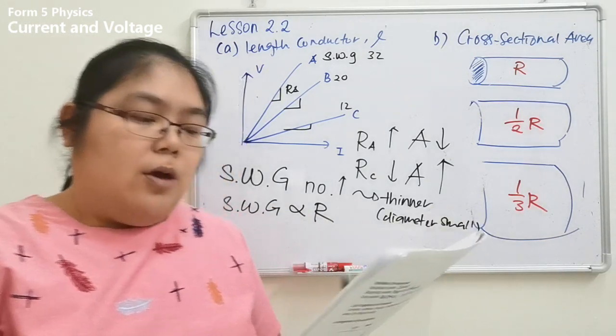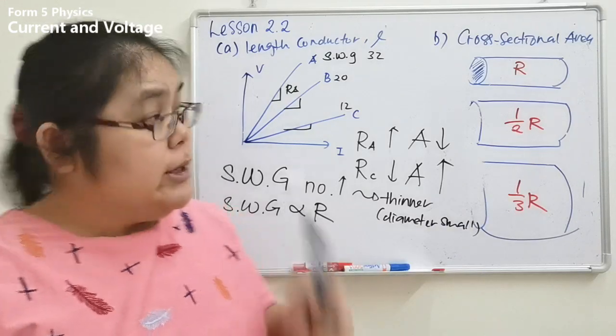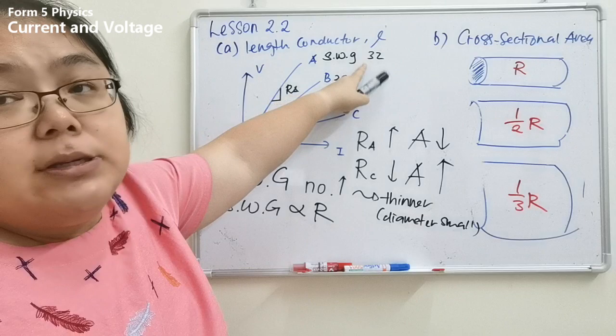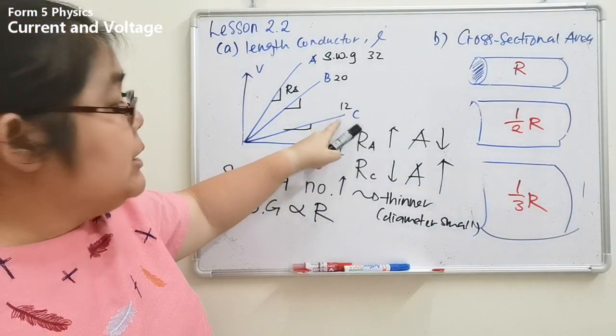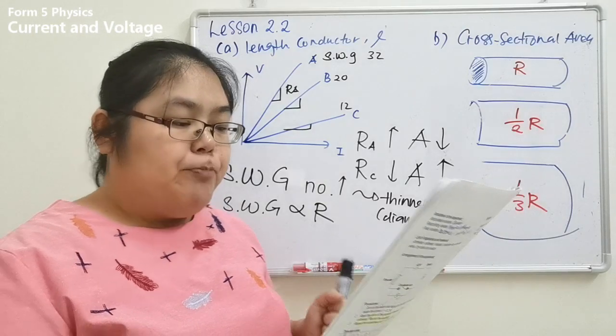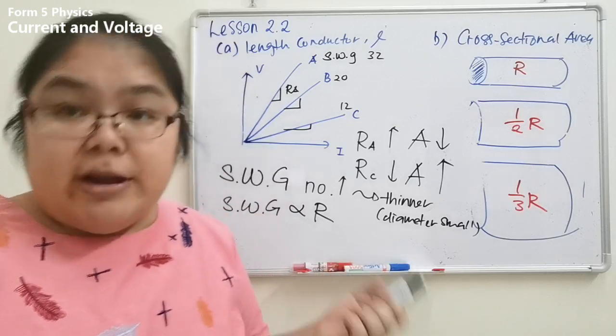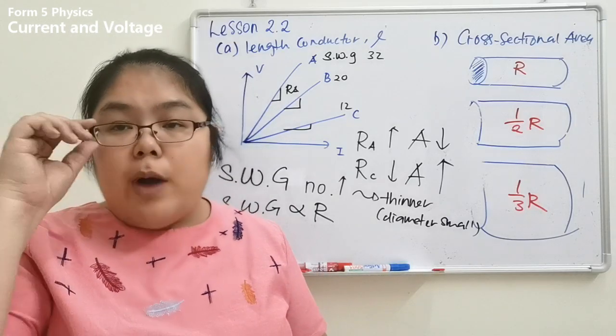So from here they say, when you find the SWG becomes higher, the thickness of the wire decreases. So this one should be the thinner, and this one should be the thicker, when you see the number become smaller. So when the question comes up for the experiment on the relationship between the resistance and the thickness of the wire,